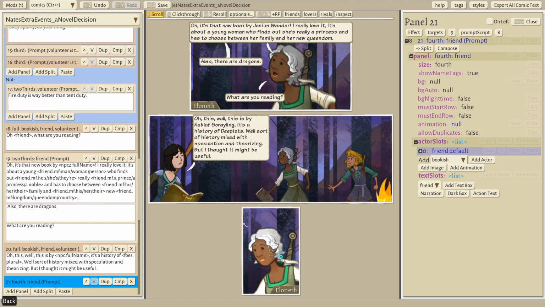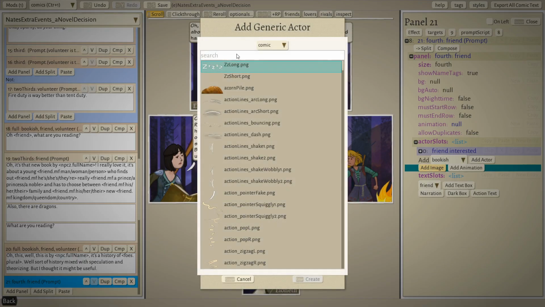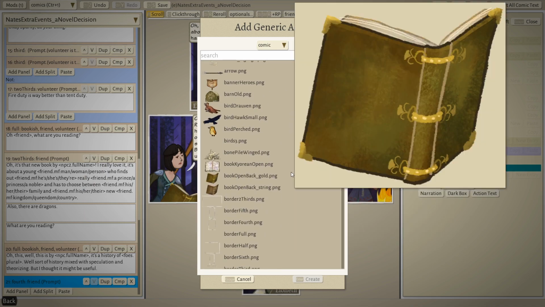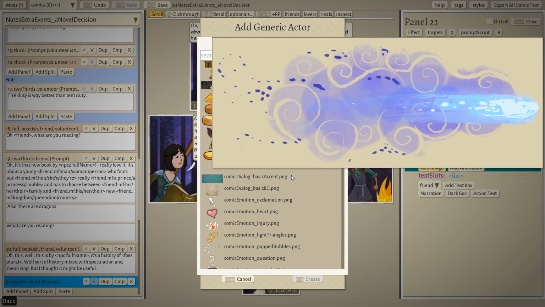I'm not sure if we have a good grimace, so I might just go with interested, head down a bit, and we'll maybe add some emotion lines. See if we can figure out action lines. See if we can find something that'll like